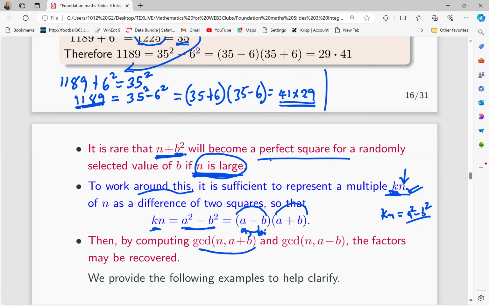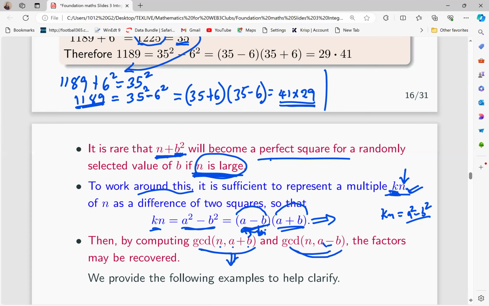And also find this GCD. So these are the values from this. A minus B is this value, and A plus B is this value. So combine with A and get the GCD. The GCD that you get,